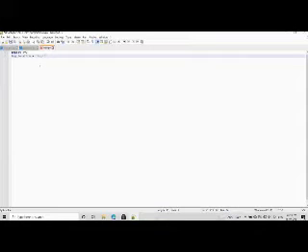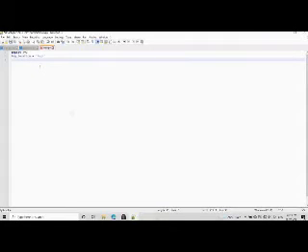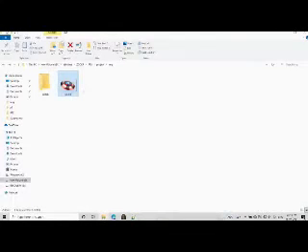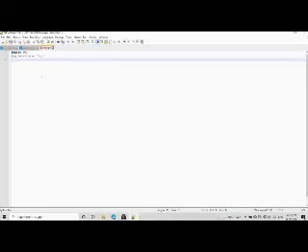Then create a file name. The name of our image file is shield, so I will enter it here. We also need to add the extension of that image.